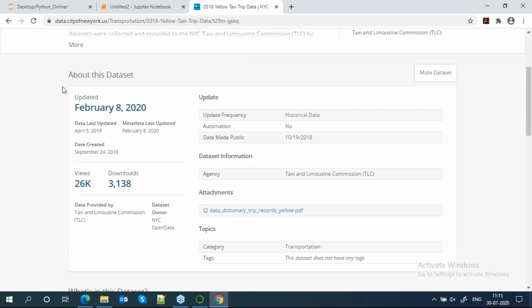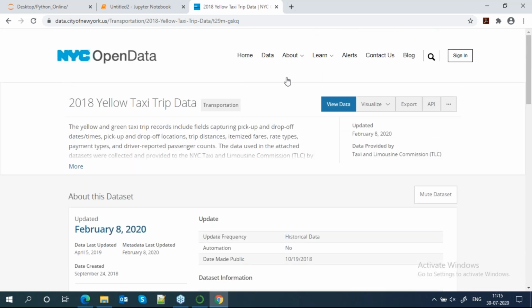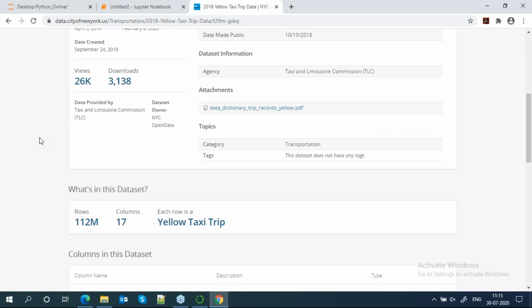This is the New York Taxi data set, with details of all New York City yellow taxi trips. It is a good data set to practice pandas, and also for data science. Download it from here. You can see it is a huge data set, almost 112 million records. So you can use it.